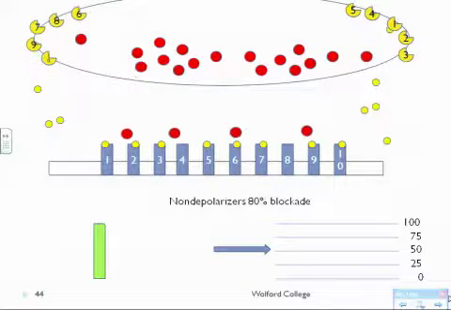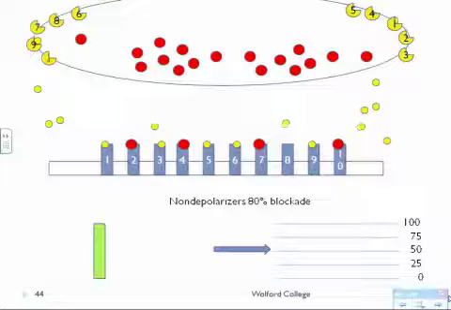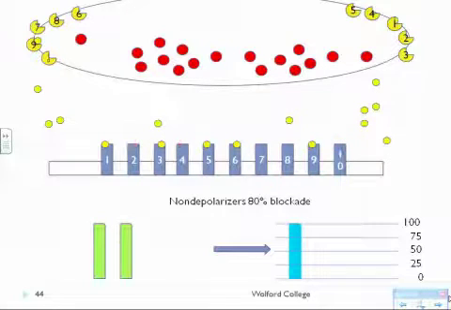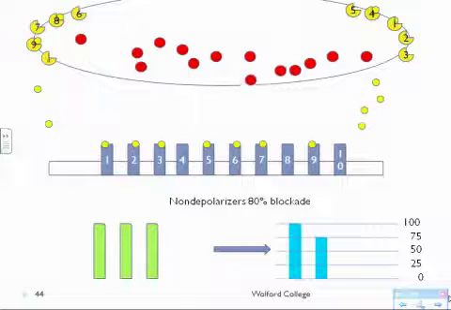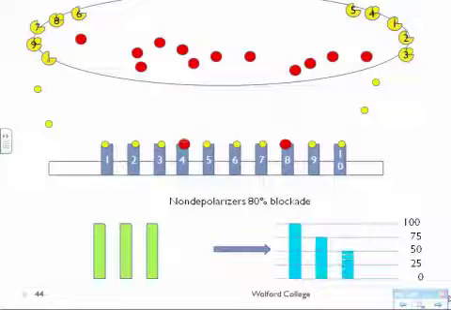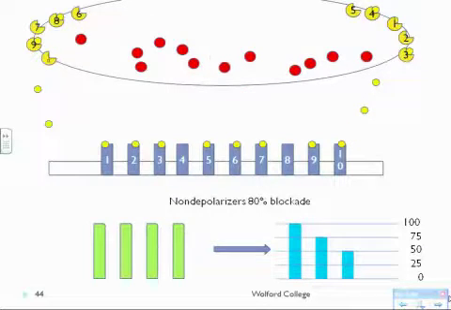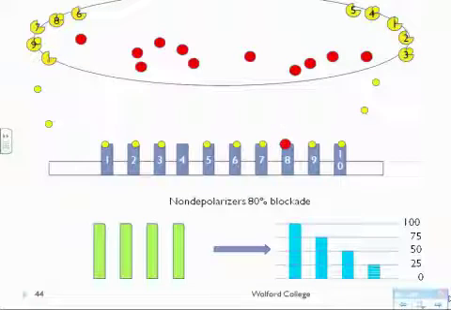Now, if you're 80% blocked, now you're able to push off some molecules. You get a nice twitch height. Now you're going back. You still see fade. Okay? But this person is still 80% blocked, and you're seeing fade still out of it. Okay? Now, as the molecule number begins to drop off, and they're out of the extra junction, they're inside the